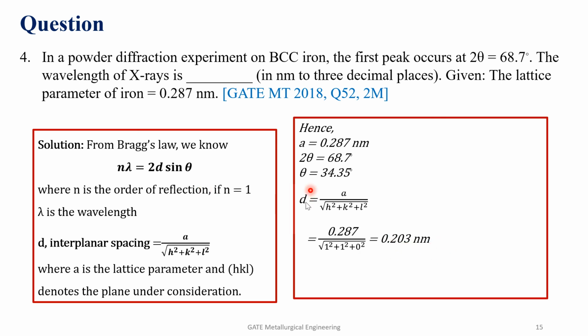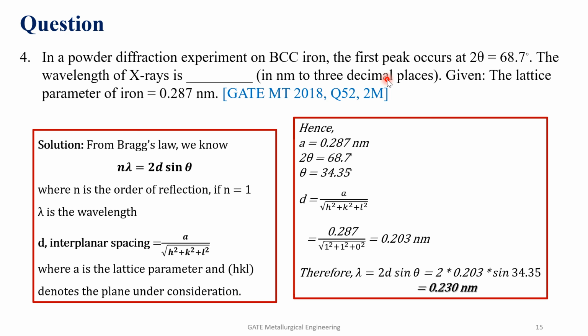And if this d, we substitute in this equation, we will get our lambda value. Therefore, lambda is equal to 2d sine theta, 2 into 0.203 sine 34.35. Therefore, our final answer will be 0.230 nanometer. Please note that here it is in nanometer to 3 decimal places, and whenever such constraints are mentioned